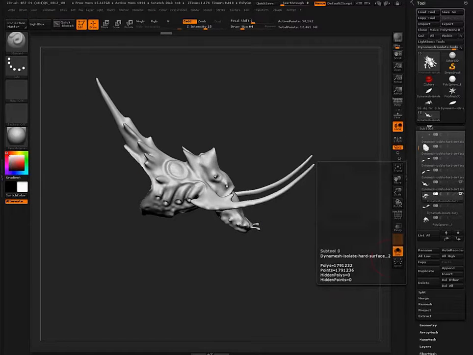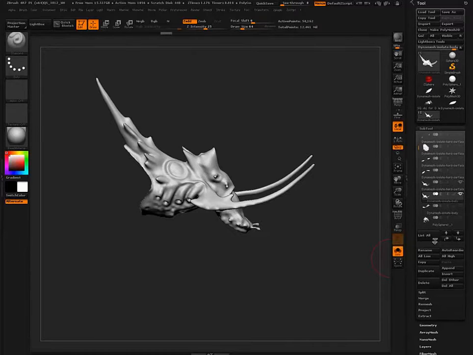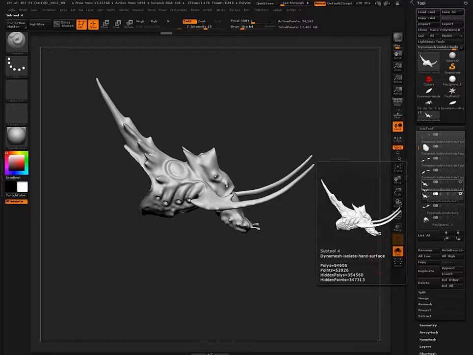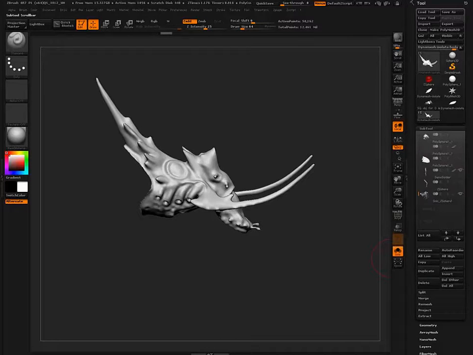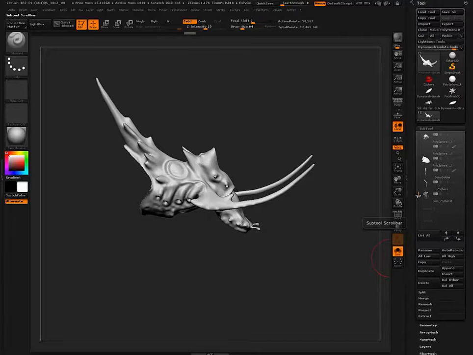All right, so we're going to go to Subtool. We want to make sure only these two subtools are visible. So I'm going to turn this guy off just because I think he might cause problems, and I'll turn the shrimp legs off too. Okay, cool. Thanks, Simon. All right, let's go to Project, Projection Distance,